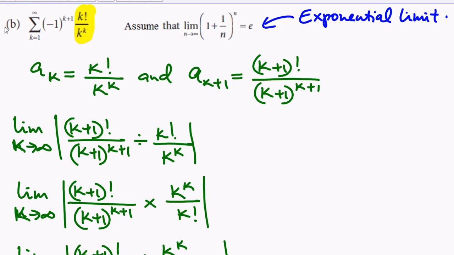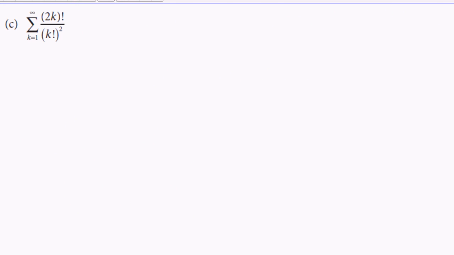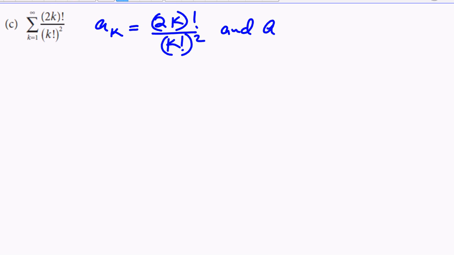And the next example is, again, we are doing the same thing. Use the ratio test to establish whether or not the following series converges absolutely. And we have this guy here. So my a sub k will be 2k factorial over k factorial squared. And a sub k plus 1